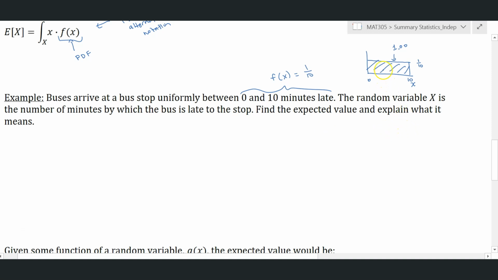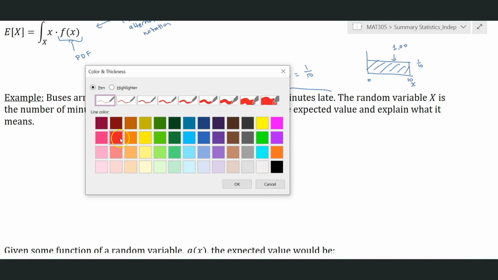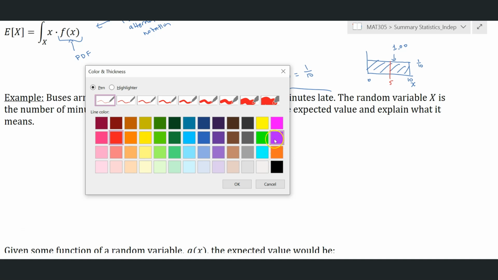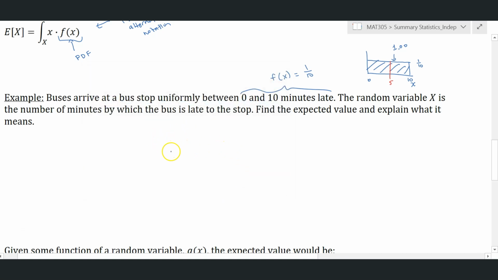Well, I don't know about you, but if I'm thinking about this, I might imagine that if it could arrive equally likely anywhere between 0 and 10 minutes, on average I would probably expect the average to be 5. Well, let's see if that's true. So what we're going to do is take x, which in this case is literally just x, right? It goes from 0 to 10. So to calculate